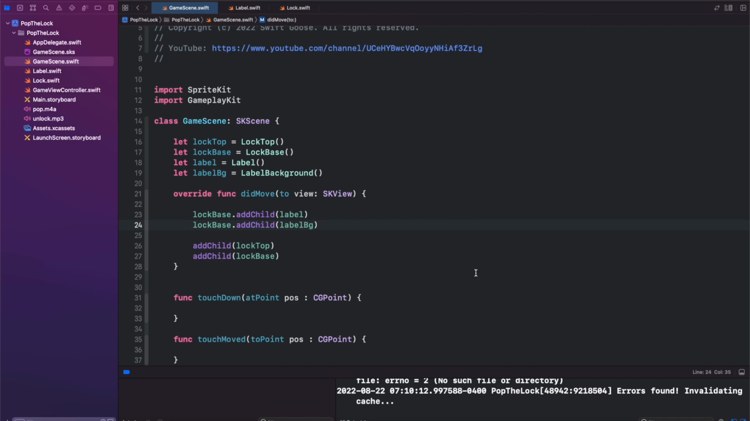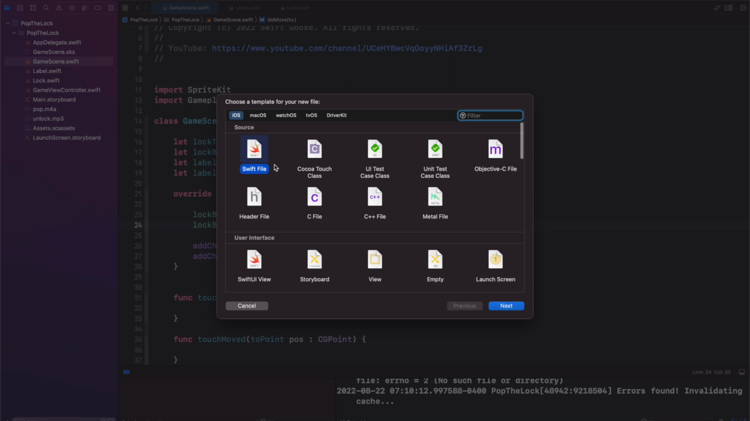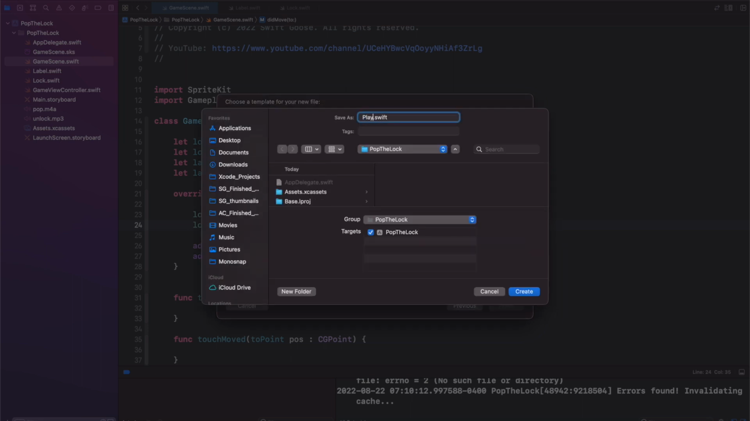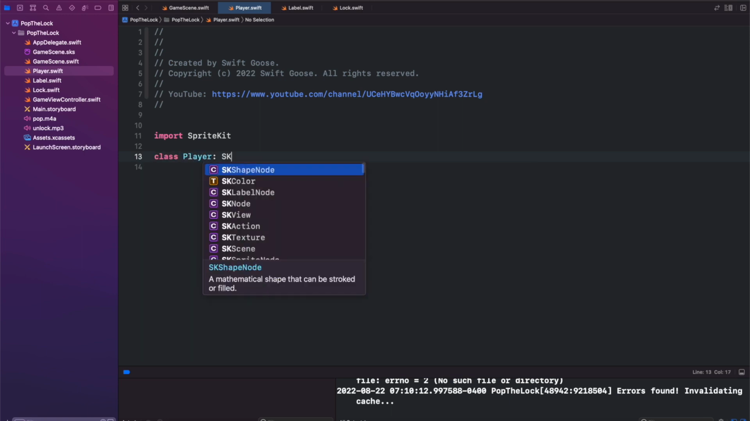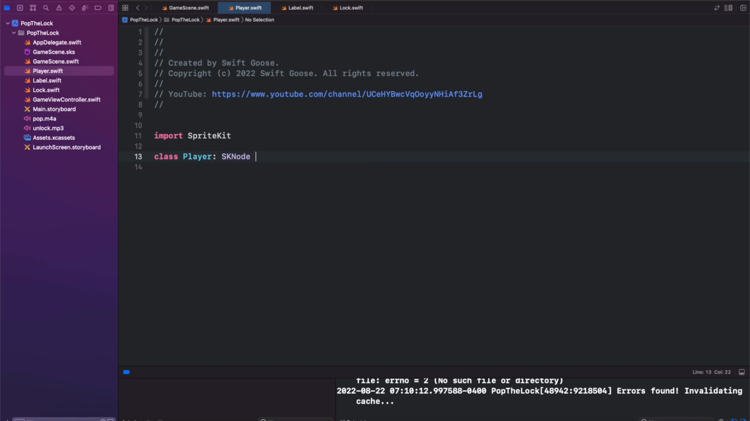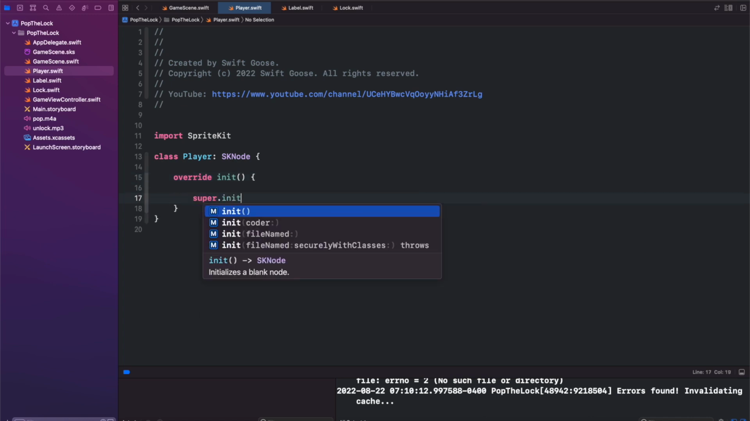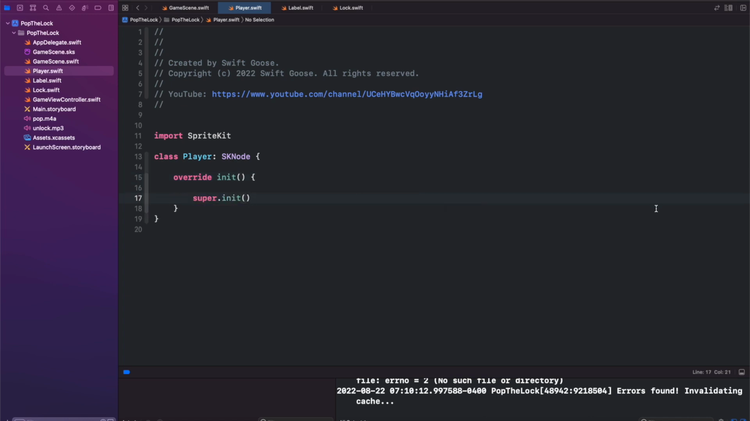Now let's work on the player node. So let's create a new file, Command N, Swift file, and we'll call it player. Again, set the target. Change this to SpriteKit. And we will create a class player, and this will be SKNode. Override init, super.init, wait for the error,